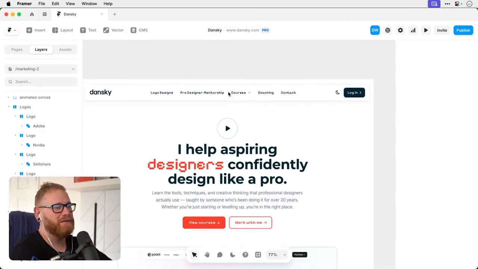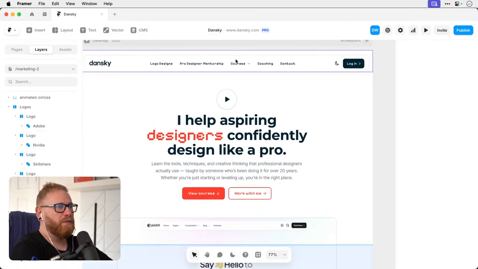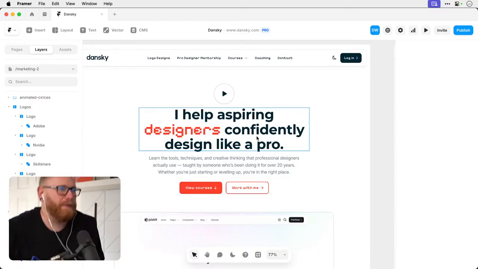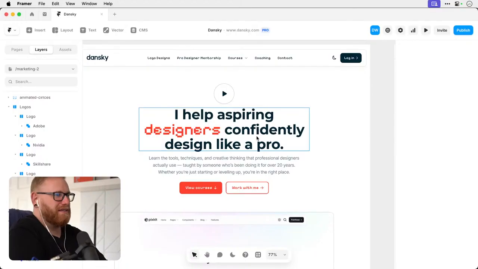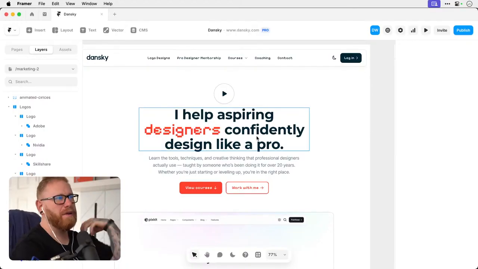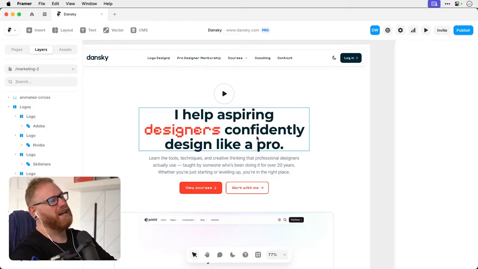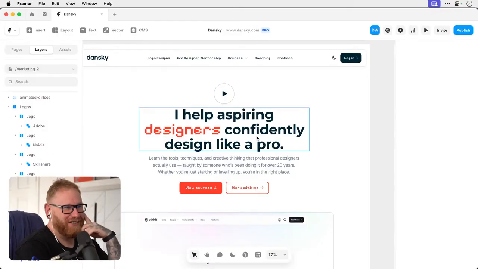It's grown on me even more. So for small text, links is the pixel font. You've got the Montserrat, which is just nice, strong, clear, confident, and bold. Lowercase, so it's not too shouty. Uppercase, I do love me an uppercase bit of type, but lowercase is a bit more approachable, a bit more friendly, rather than I help aspiring designers confidently design like a pro. We don't want to yell at potential students. Enroll now.